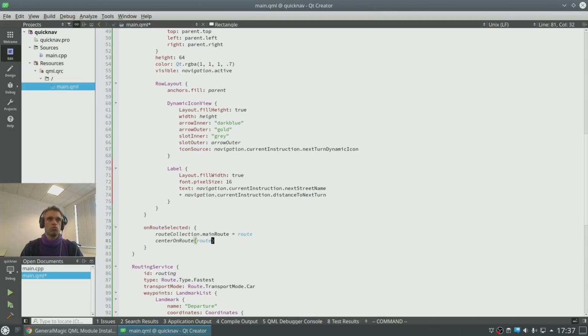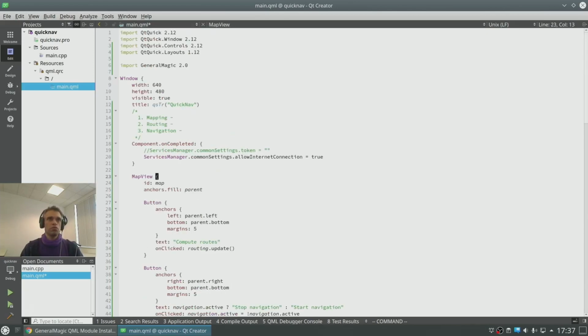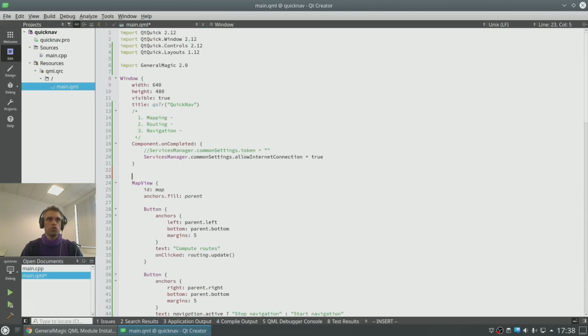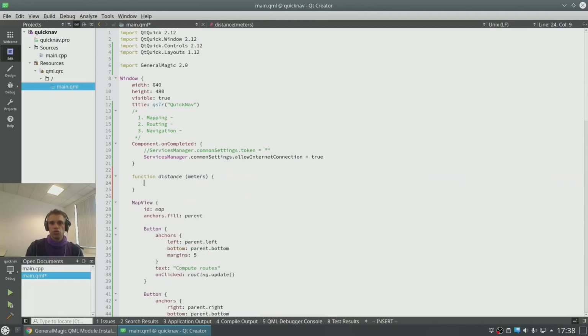So we're going to write here a function. Put here a function. We'll just call it distance, which takes these meters, and it will check return meters. So if it's more than 1000 meters, so it's kilometers, then convert to kilometers.